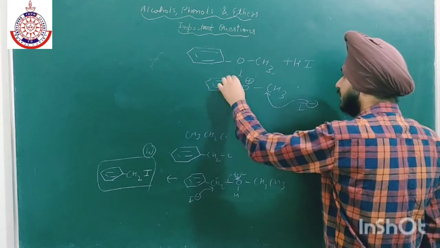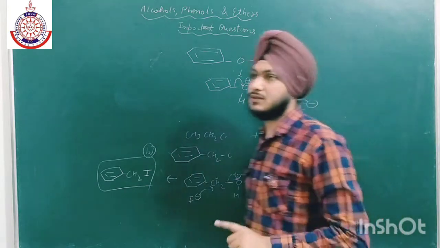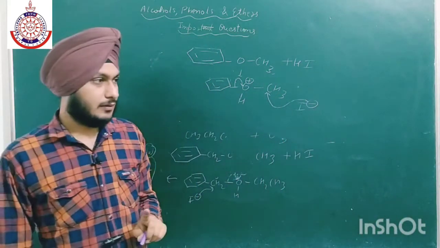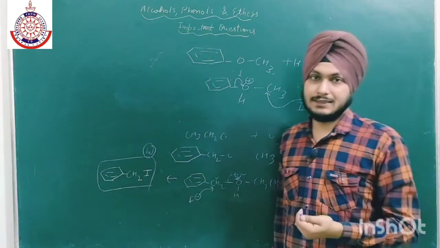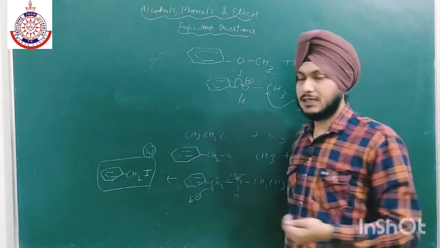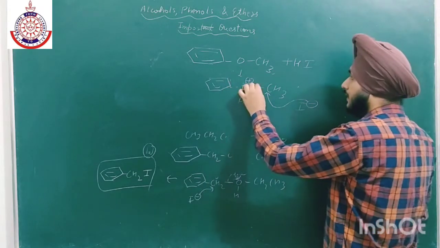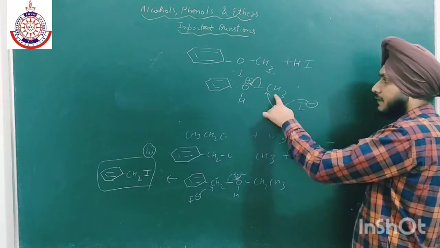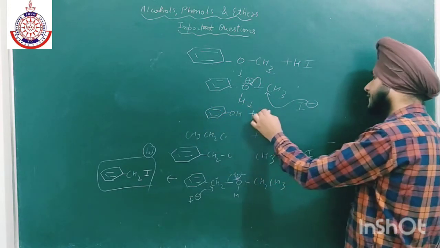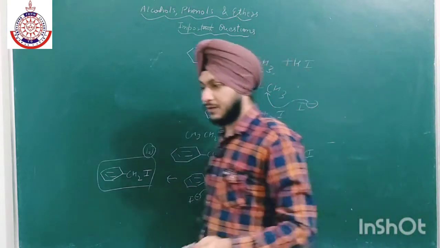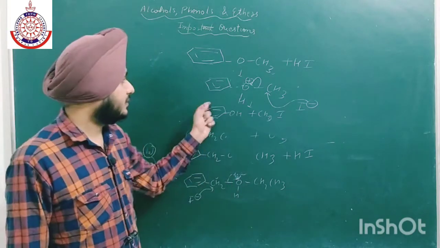So if I shift this bond over here, then we will get a phenyl carbocation. Now positive charge on a benzene ring is very unstable, because the benzene ring is a nucleophile, or it has high electron density, so that is why the positive charge is very unstable. So this is not possible. So this will shift over here and I negative will attack on this methyl and we will get phenol and methyl iodide. So you have to keep in your mind that we have to break that bond which will give us the stable carbocation.